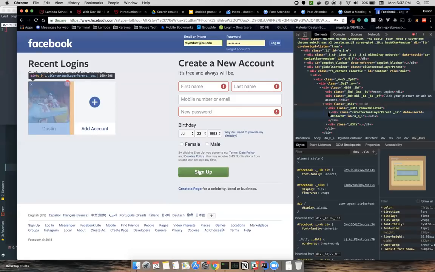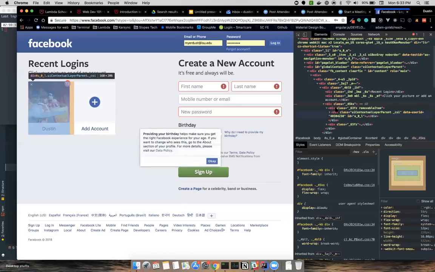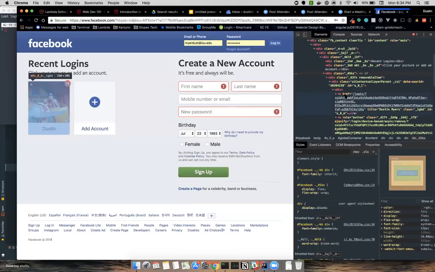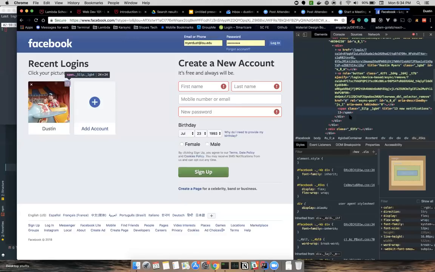If we look at this box with my profile picture over here on the left, we can dig down and see that everything has its own piece of the code. So everything is defined in the code, even down to this little red badge with the number 13 in there.